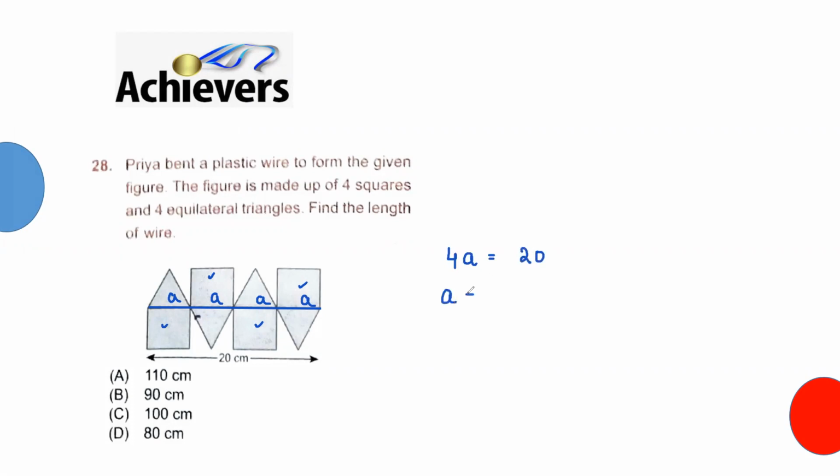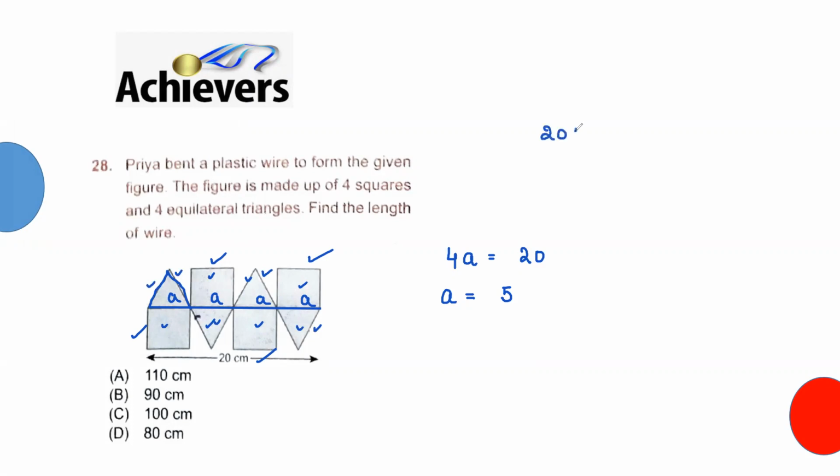That means my A equal to how much? 5. Now length of the wire will be what? Just the outer boundary. Just see. So when you consider the outer boundary or the perimeter, so 2. So see, just like this, you can calculate easily 3, 3, 6, 9, 12. And then 13, 14, 15, 16, 17, 18, 19, 20.